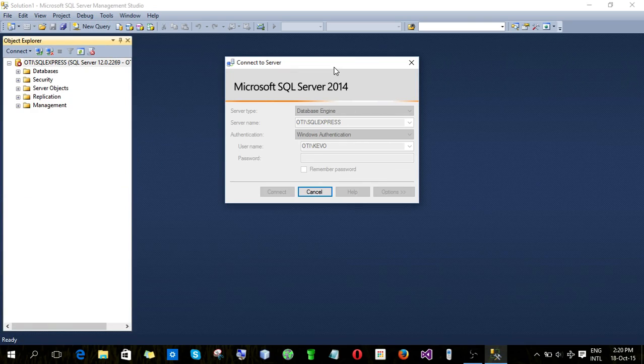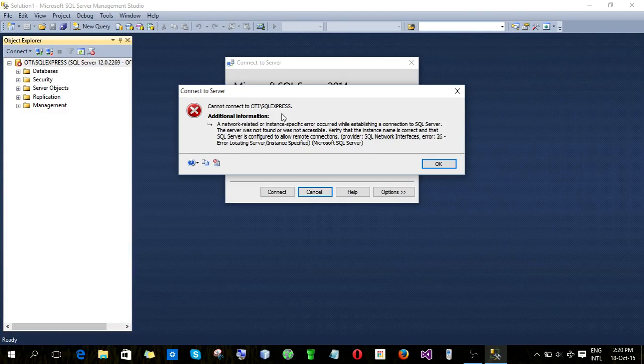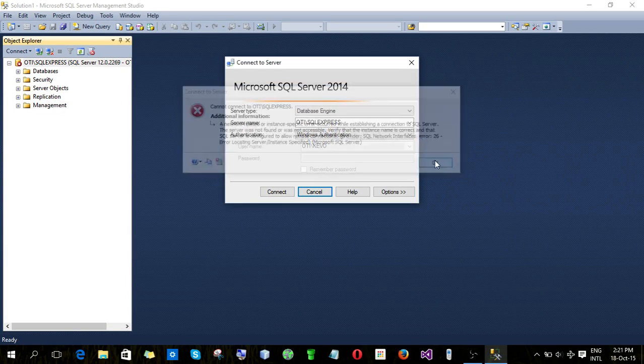For example, in my case, if I try to connect, it's taking too long already and it's a sign that it won't work. And there goes the error, cannot connect to OT/SQL Express. For those who are familiar with SQL Server, they know OT is the name of my instance, and that's the instance that SQL Server Management Studio cannot connect to. Now you can say OK,